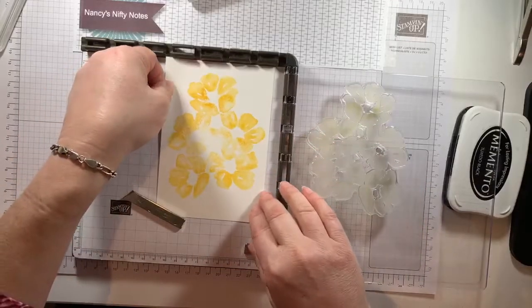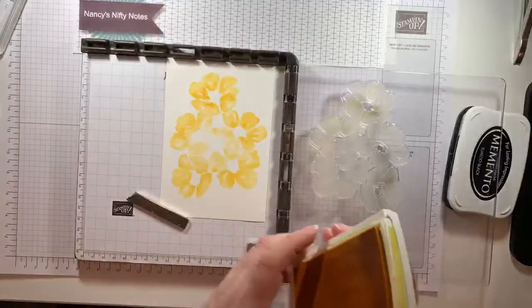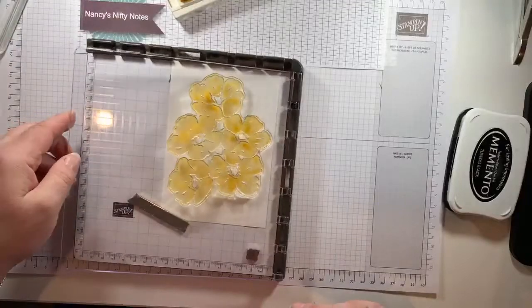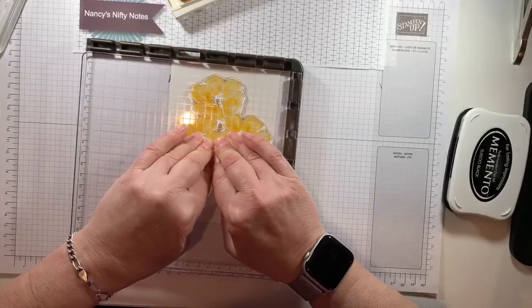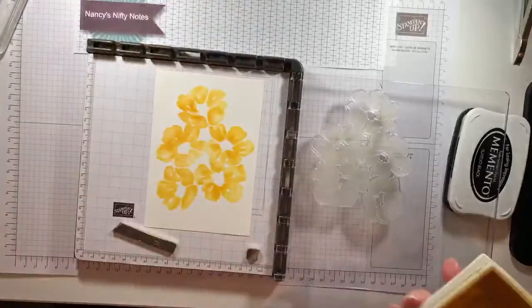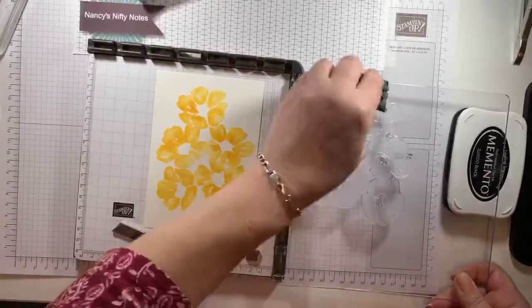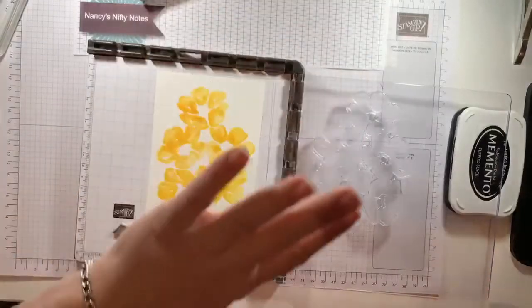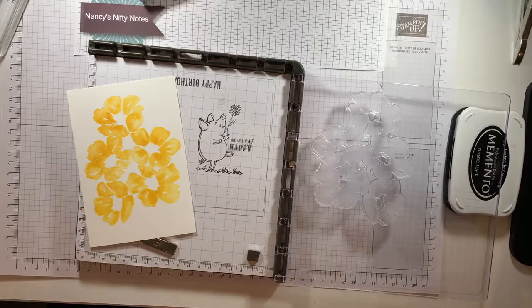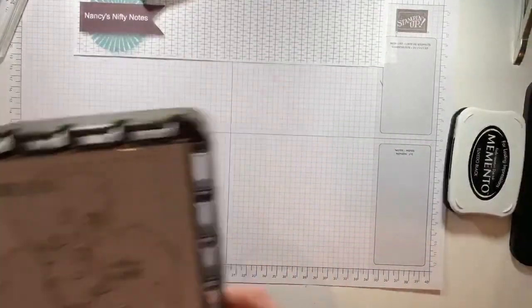Yep, see, it didn't come out quite right in the center there. So let's see if we can ink that up a little bit more in the center. Try it again. There we go. That's better. Just clean that up, because otherwise, for me, it's a disaster waiting to happen. And it's got some leaves that you could put around. But I was thinking I might try